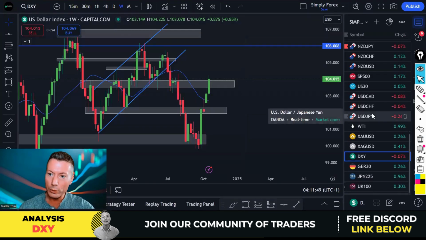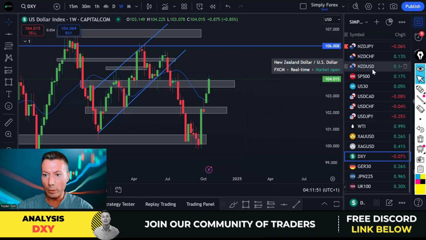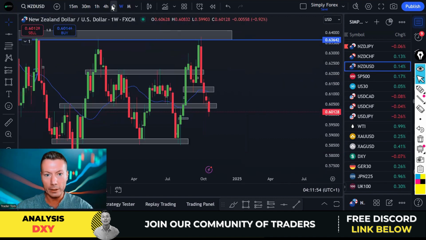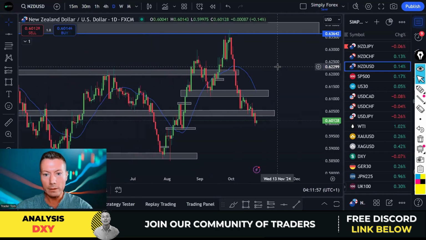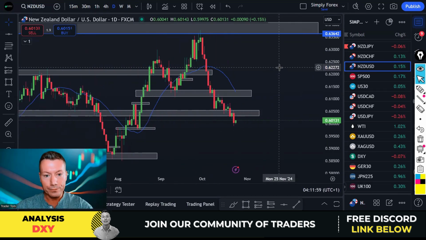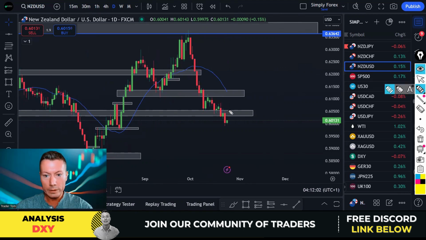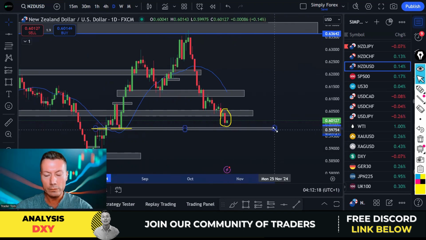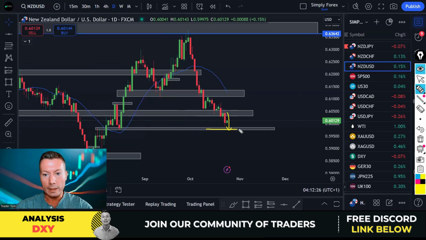And it's really important you understand this, right? So, for example, if I look at New Zealand dollar US dollar, and I go to the day chart, I want to sell it, okay? I want to sell New Zealand US dollar. We're in a downtrend, clearly. Yeah, we're a little bit oversold, but not majorly. We've got a nice big bearish candle, and I think we've got room to move at least to this level. So let's drag this across. So that would be a trade for me, okay? New Zealand US dollar sells down to here.